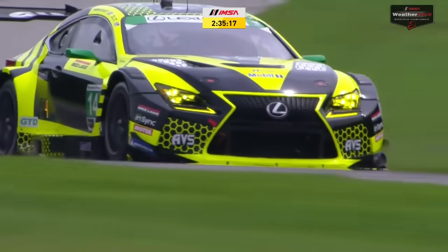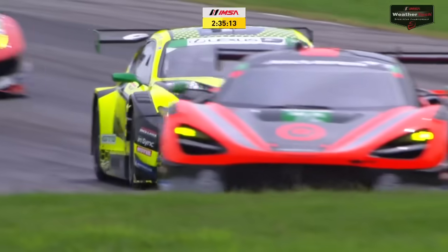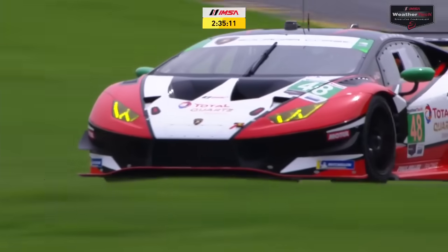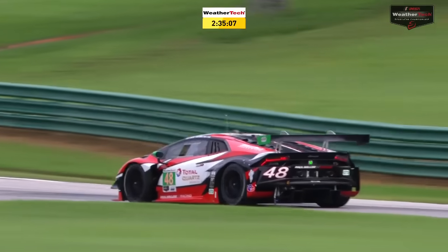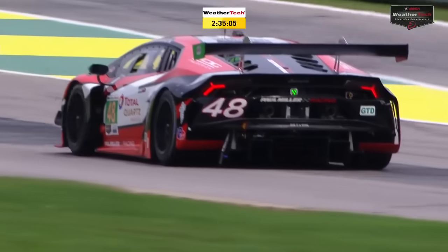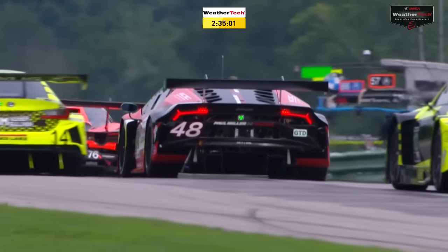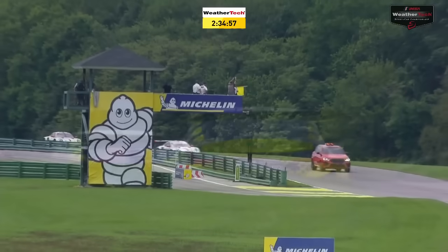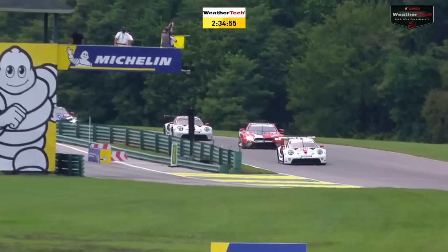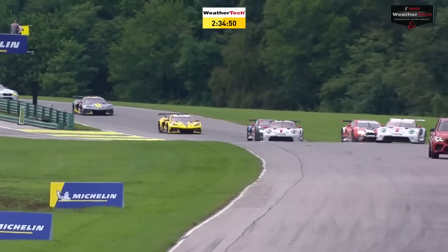So not quite as clean as a clean thing there as he went down the inside, but on a first corner, I don't think he'll get penalised for that. What they'll be worried about, Jeremy, is whether they've maybe picked up a little nick in the outside edge of the tyre on that number 48 Paul Miller Racing. Welcome back to Paul Miller Racing, by the way. They've been sitting out a few races as they have been watching the COVID-19 situation,